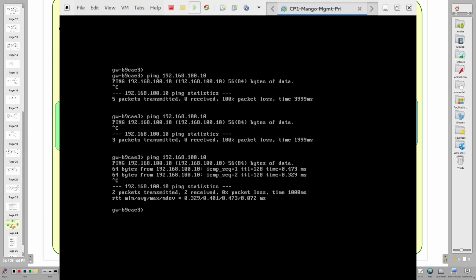So from Windows 10, I could ping the management server. From the management server, I could not ping this because the firewall on the Windows 10 system was stopping it. So we disabled the firewall. Now I could ping from the management server. The idea is, we assigned the IP address to the management server as 100.20. It's now working fine.